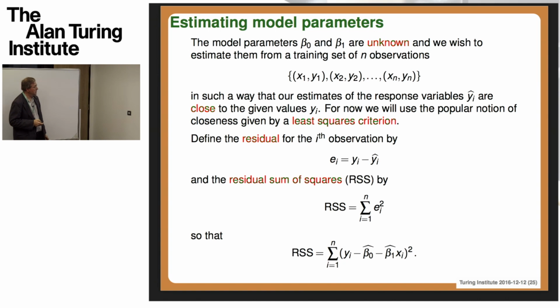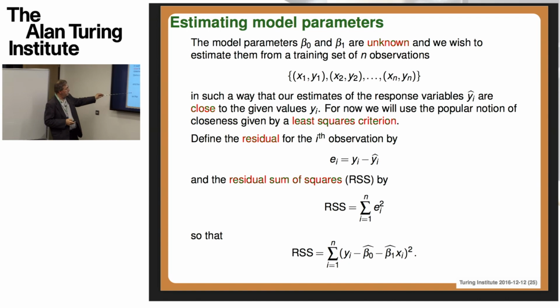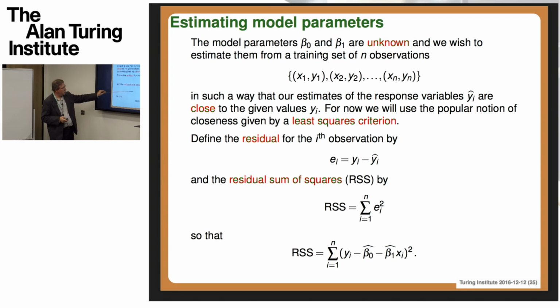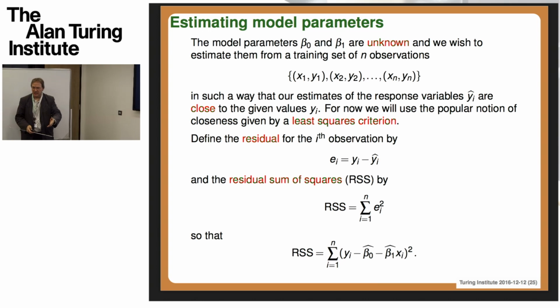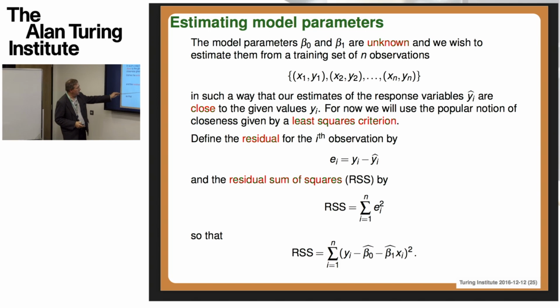And what we're going to try and do is to find the betas which minimize this residual sum of squares, which is the sum of the squared discrepancies between the true values yi and the fitted values yi hat. Remember, this is a context where we have a training data set, so for these observations we do indeed have the yi's, and this is where they're being used to train, to influence the choice of the betas. So this is the residual sum of squares, which we also write like this.